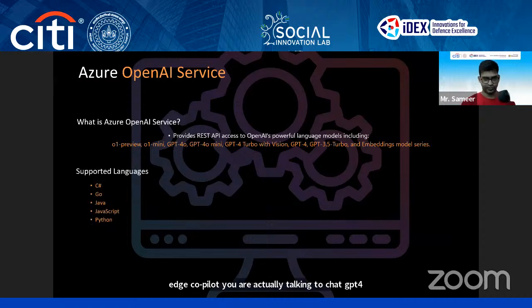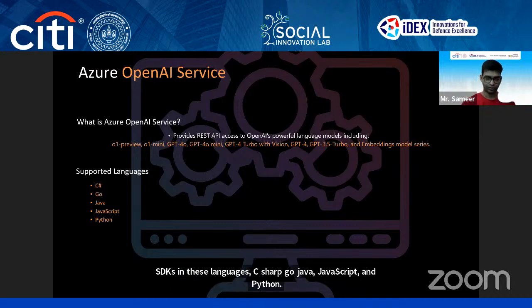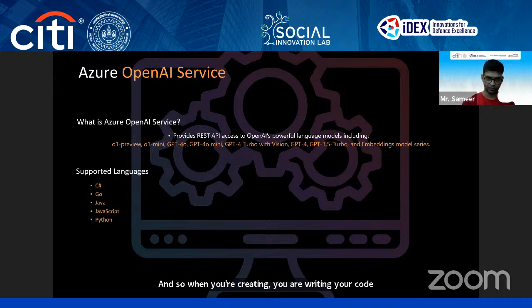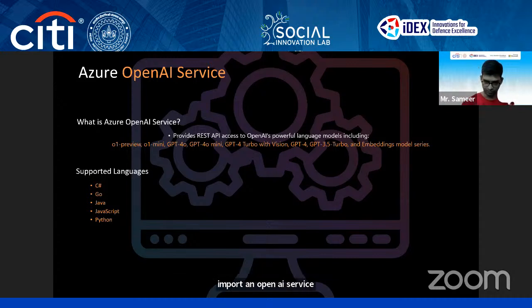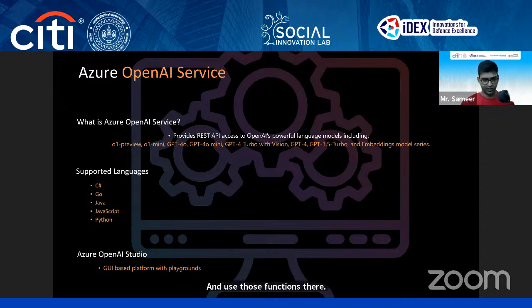Anyway, so this is all in the context of developing new applications. So if you're a developer looking to create new applications backed by Azure OpenAI service, then OpenAI service has native SDKs in these languages: C#, Go, Java, JavaScript, and Python. And so when you are writing your code in Python, you can import an OpenAI service package, the responsible AI package, and use those functions there. There is also an easier way, Azure OpenAI Studio, a GUI-based platform for people like us, non-developer folks,